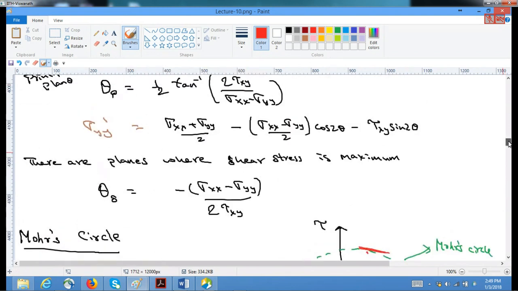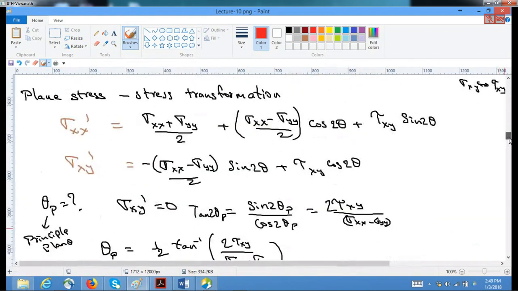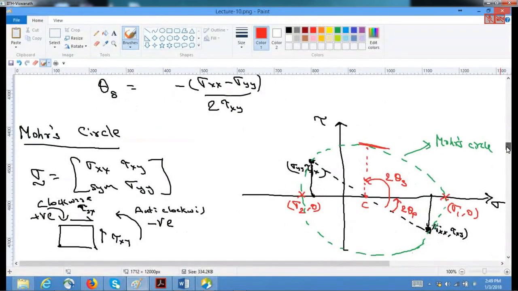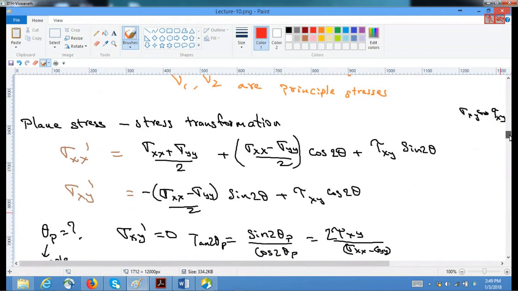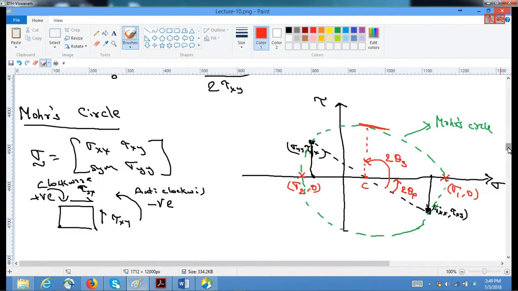Or, in contrary, you look at this, this represents the equation of a circle. So these three represent the equation of the circle, and hence one can clearly say that you can do stress transformation using this set of equations, or you can simply draw a Mohr circle and get the things done. Now, if somebody asks you to find out the stress state at an angle theta, then starting from this as the base, rotate it by 2 theta. And at that place, touch the